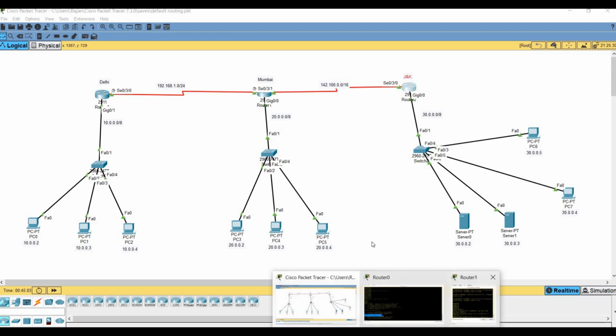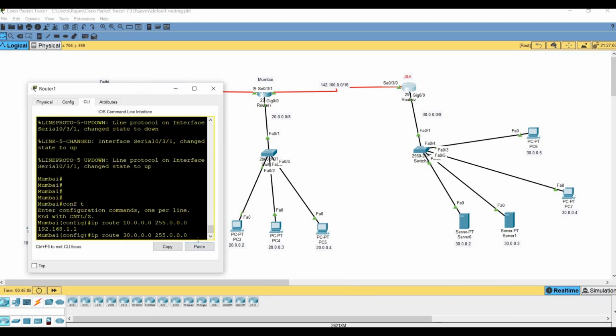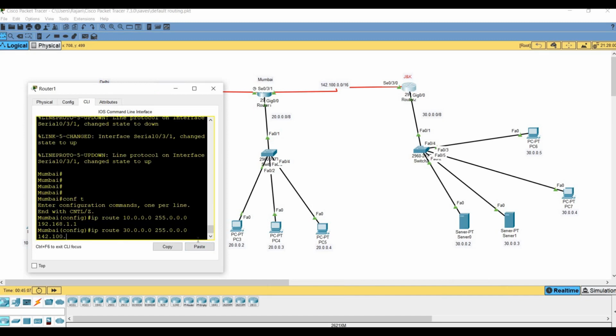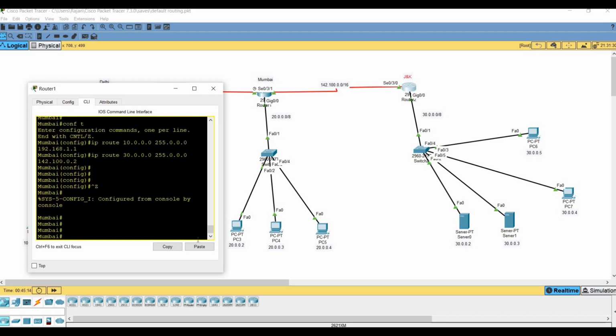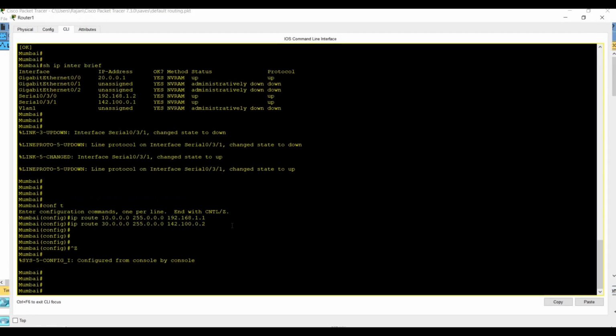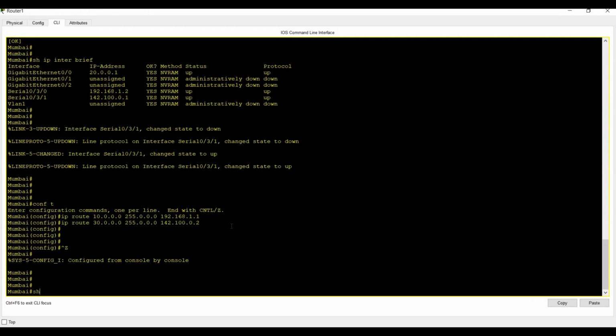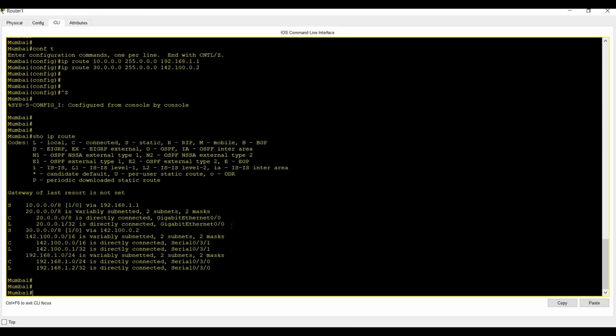Let's add this IP, 142.100.0.2. Enter. Control Z. Let's see the routing table. ip route. Here you can see the 10 network and the 30 network.